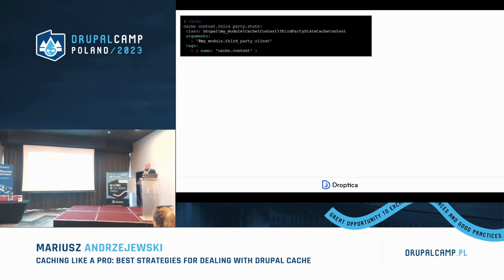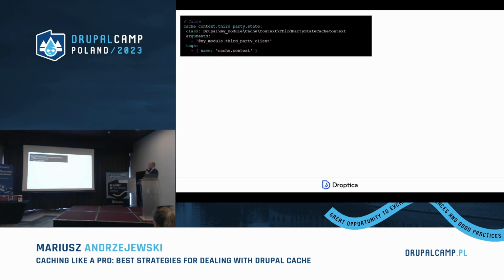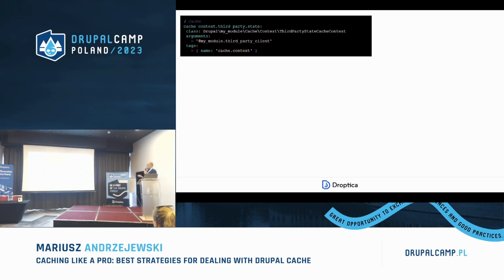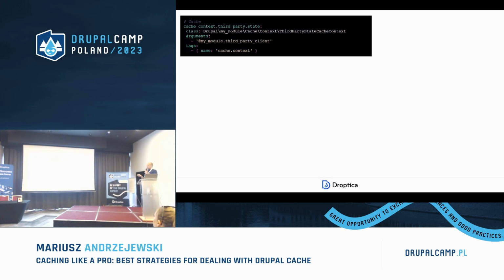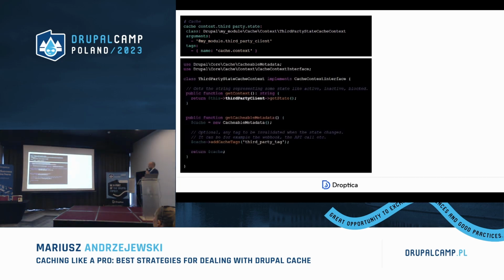And how can we achieve that? It's very simple. It's a definition of a service. We need to tag it as a cache context. That's it. The next step that we actually need to take is to implement a particular interface, define the method, and